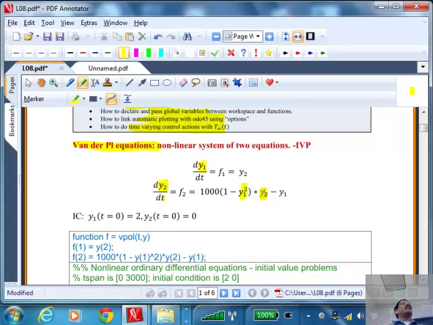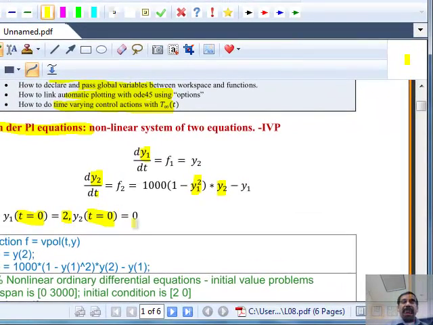What else do we know? We know that it is an initial value problem. What do you understand by an initial value problem? It's a problem where all the conditions for Y1 and Y2, the dependent variables, are given at one initial location, that is t equal to 0. Later on, we will see something called boundary value problems, also ordinary differential equations. These are ordinary differential equations of the initial value type because the initial conditions are all given at t equal to 0. In this case, the first variable is 2. The second variable y2 is 0.